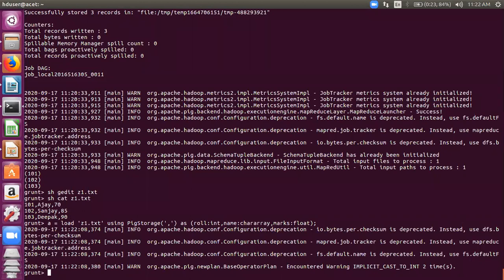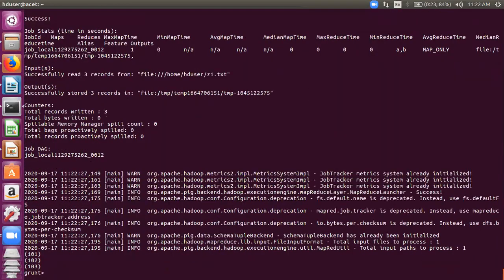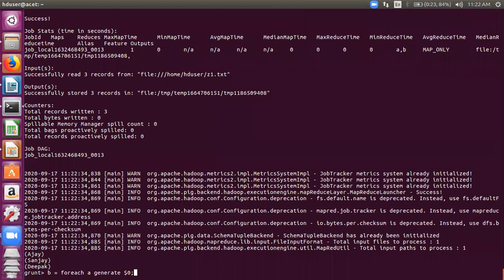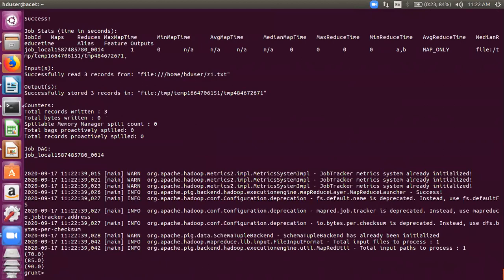Okay, so if I do the analysis here, the basic ones, if I generate $0, it will generate it. So let me generate $0 with this, and let me dump it. It will display the roll number. Working with commas, $1, the names, $2, the marks. See the marks now. See, you see the output. You said float, so it is now 70.0, 85.0, 90.0, like that. Okay. So have you understood the load function, all of you?